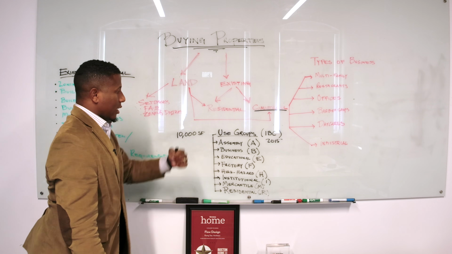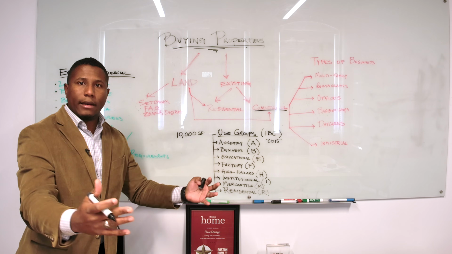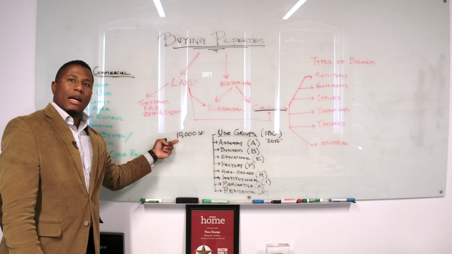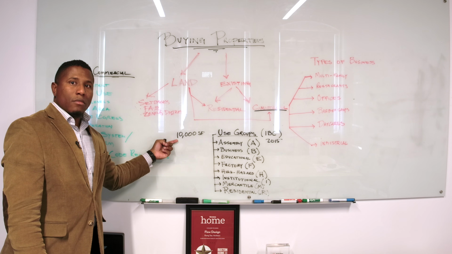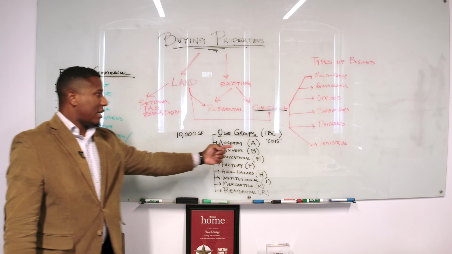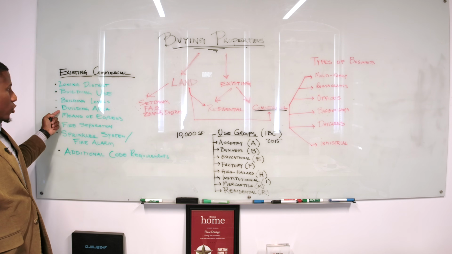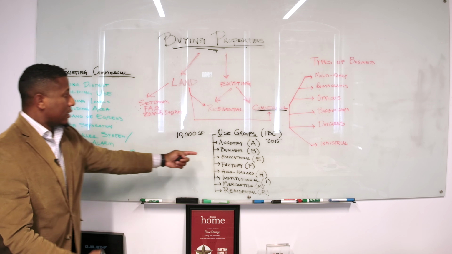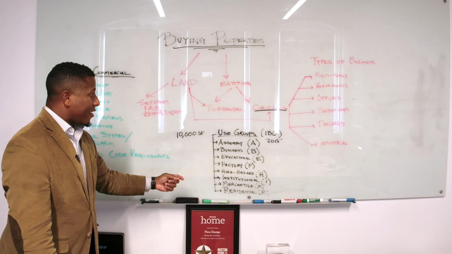You buy this one, and then you realize, oh my God, I have a big lot. I would like to add to that 10,000 square feet, but then you need to go back into the International Building Code, and the code will tell you, in this B group or business use group, the area allowable